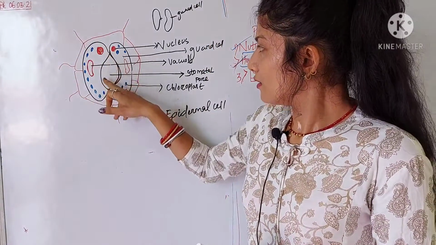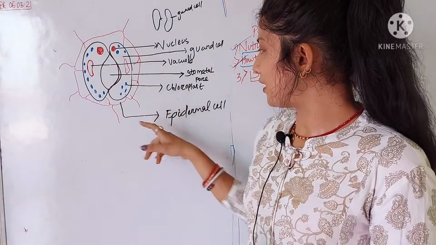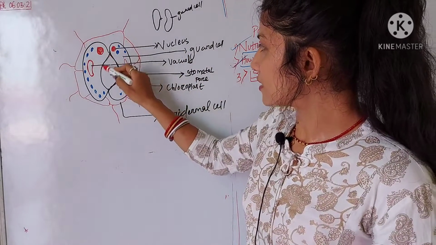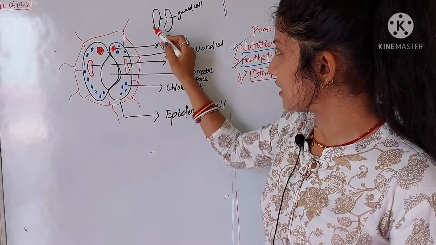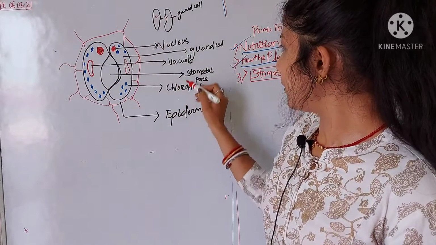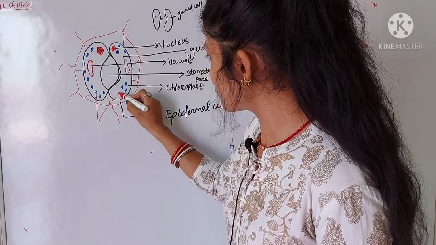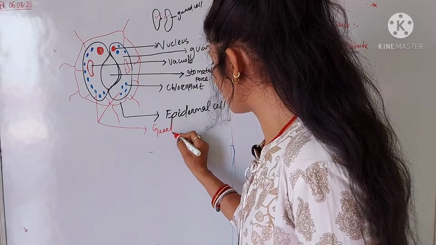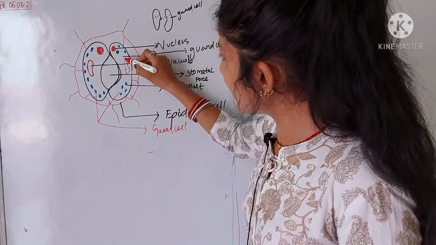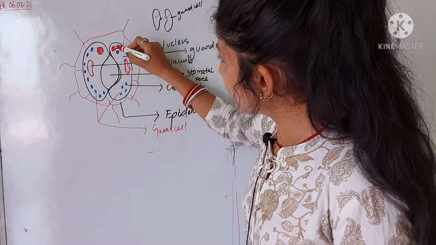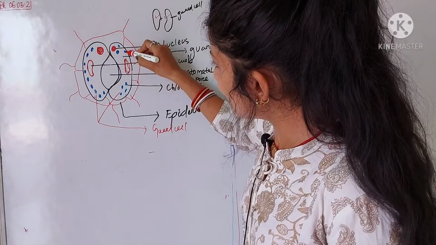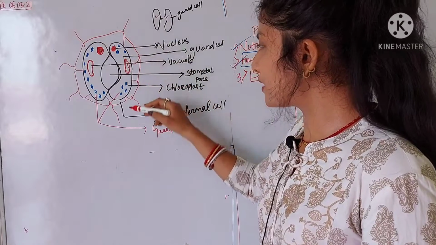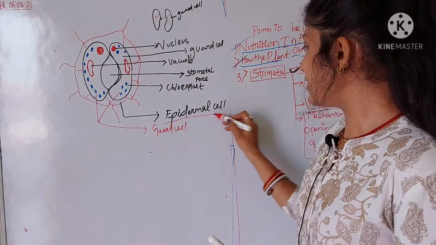In the middle the stomata has a stomatal pore, and the stomatal pore is surrounded by two kidney shaped guard cells. These two are guard cells. Inside the guard cell the vacuole is present, the nucleus is present, several numbers of chloroplasts are present, and the guard cell is surrounded by several subsidiary cells which are known as the epidermal cells.